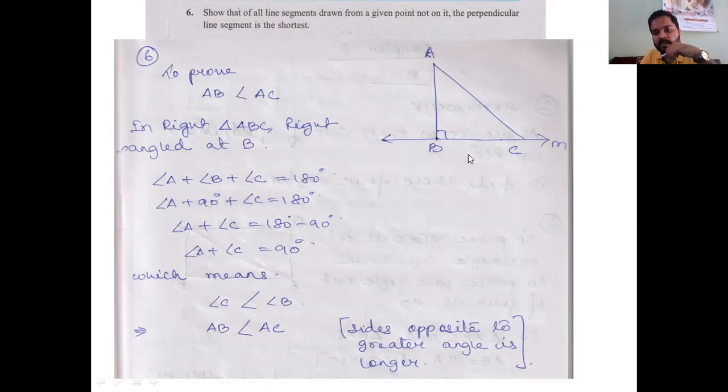One question may arise in your mind: why did I take only C, why didn't I take A? If I take A, then BC will come. In this question, it is not told about BC. It is told that from this point, if you draw several lines towards the downside, that means towards M, this side, again one, again one, again one. If you consider that, then you will get here only two lines. One is AC, one is AB. BC you will not consider. Therefore, I took only C and B.